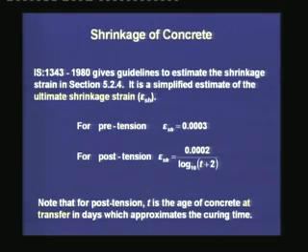IS 1343-1980 gives guidelines to estimate the shrinkage strain in section 5.2.4. It is a simplified estimate of the ultimate shrinkage strain. For pre-tension members, epsilon SH is equal to 0.0003, and for post-tension members, epsilon SH is equal to